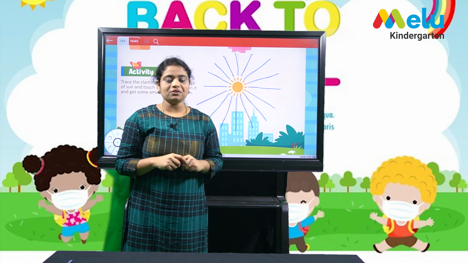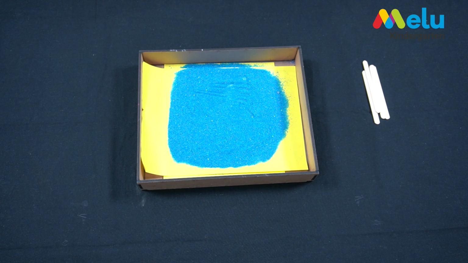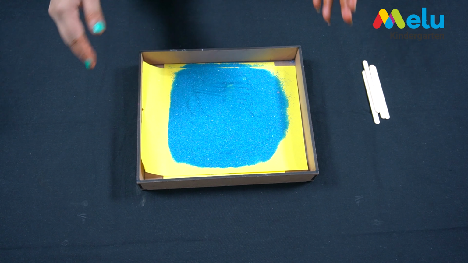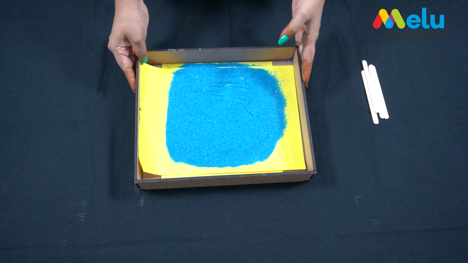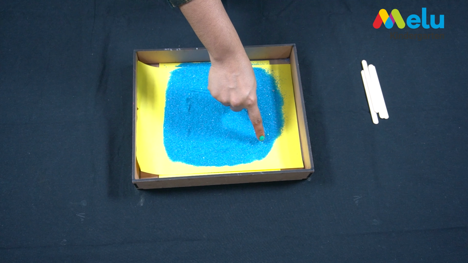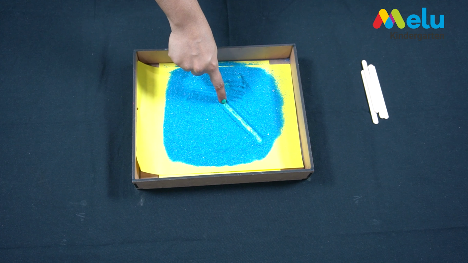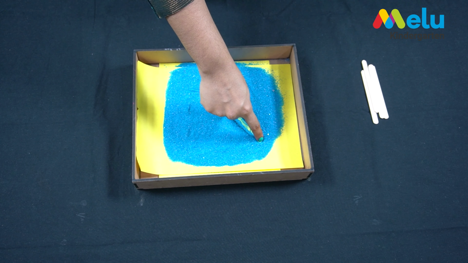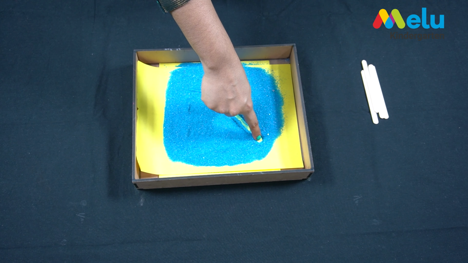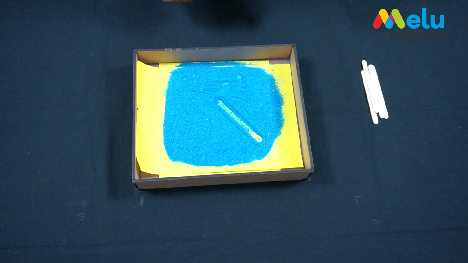So, now let's get into the hands-on activity. So, children, now let's practice tracing slanting lines on the sand tray, okay. So, to make a slanting line, first we need to start from the left-hand side top and come down slanting to the right side, okay. We'll do it again, start from the top and slant down to the bottom. This is the left slanting line.